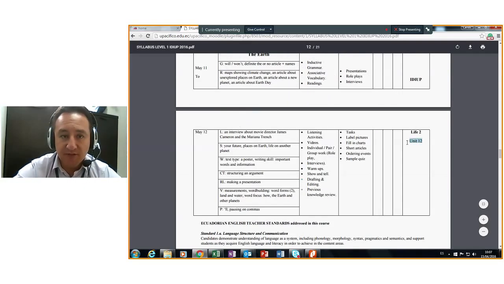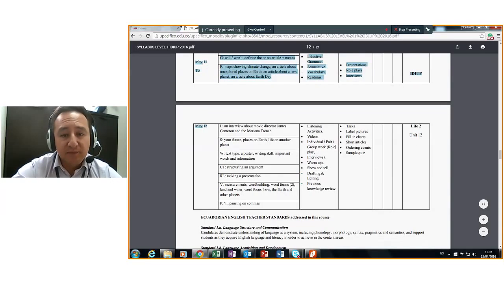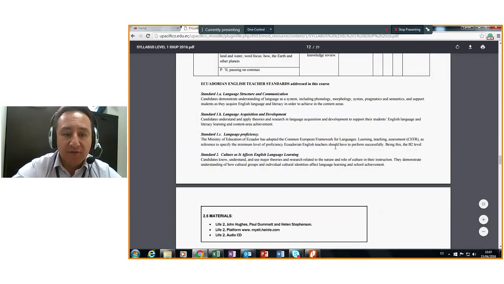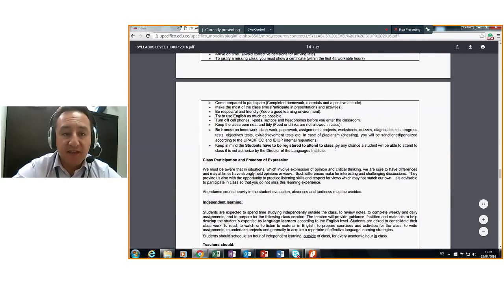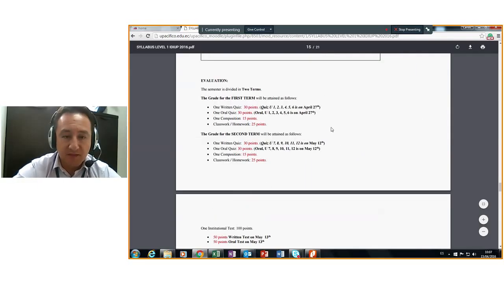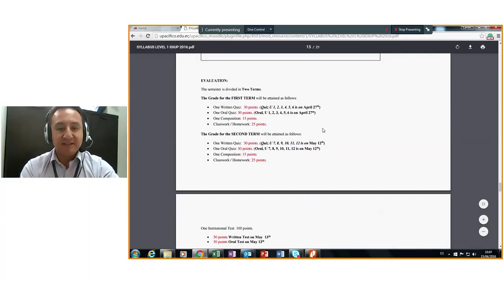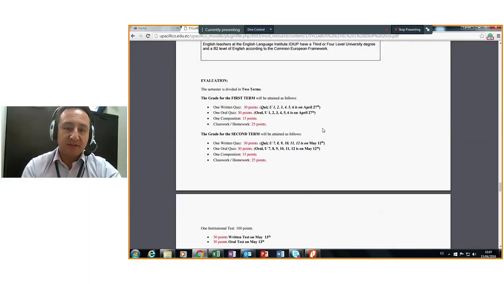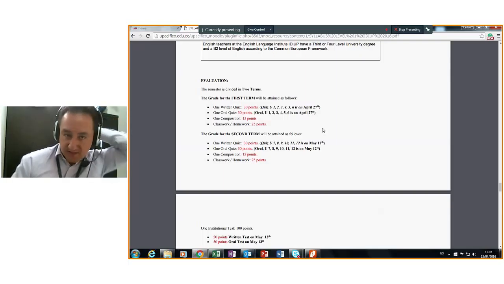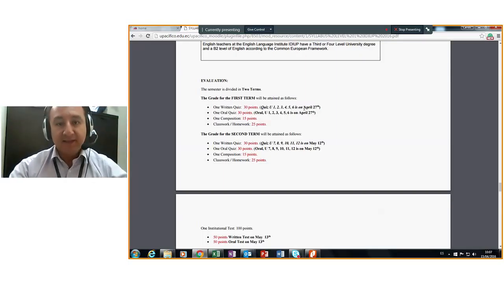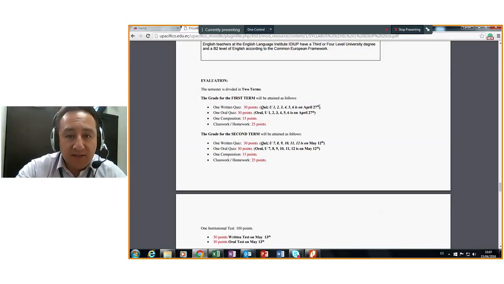Yeah? 12 units, and these are the dates. At the end of the planning, you're going to find a schedule for evaluation. As I understand, you are very busy professionals, so you have to travel sometimes, you don't have an internet connection, and sometimes you're having problems with connectivity. So the idea is that until April